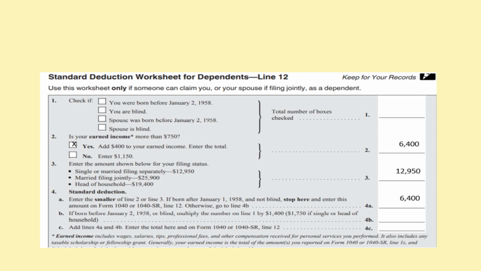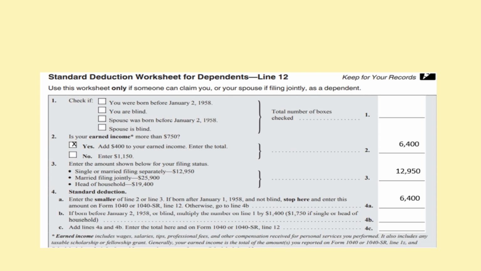You will leave line 1 blank, since you are not blind and you were not born before January 2nd, 1958, and you don't have a spouse. On line 2, you put your earned income. Since it's more than $750, you add $400 to it and check the box yes, which will be $6,400 on line 2. On line 3, you enter the amount below shown for your filing status, so that would be $12,950